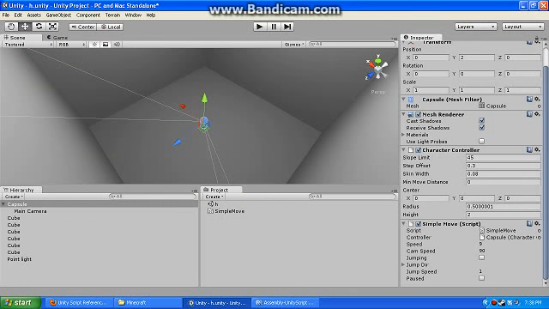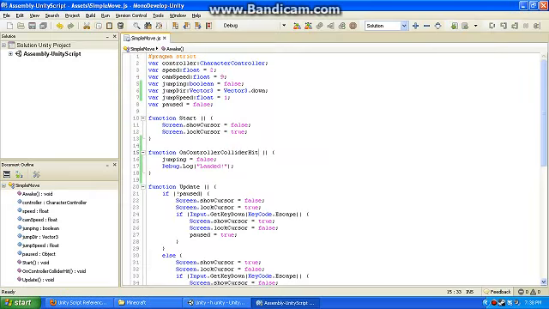Our current speed is 9. So I really need to change this to 9 and this to